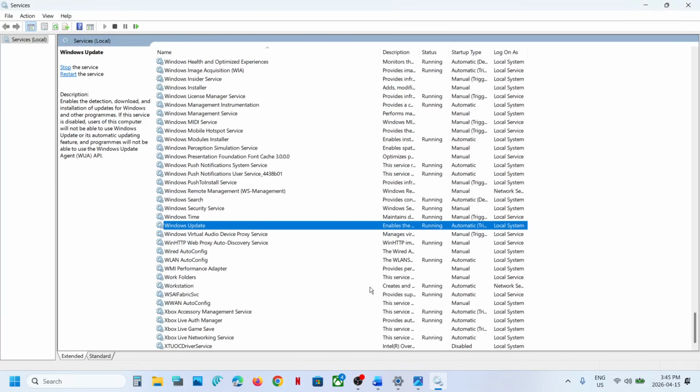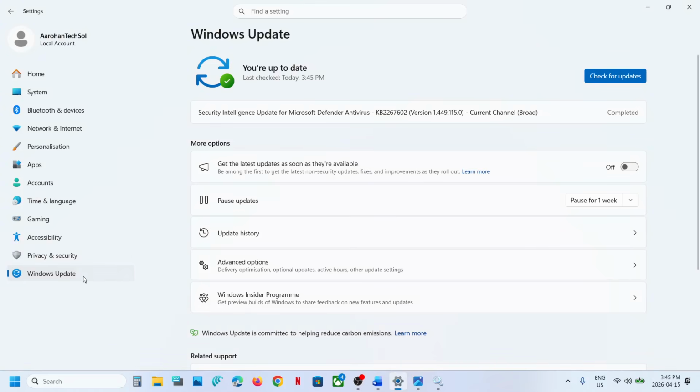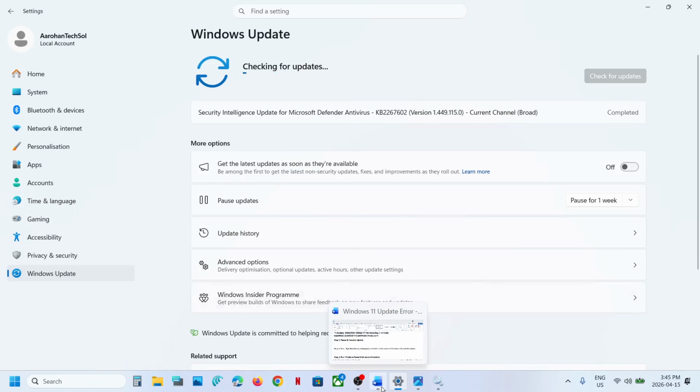And once this is done, now you can go to Windows Update. If you see the retry option over here, hit retry and then check. Still not working? The next step is to